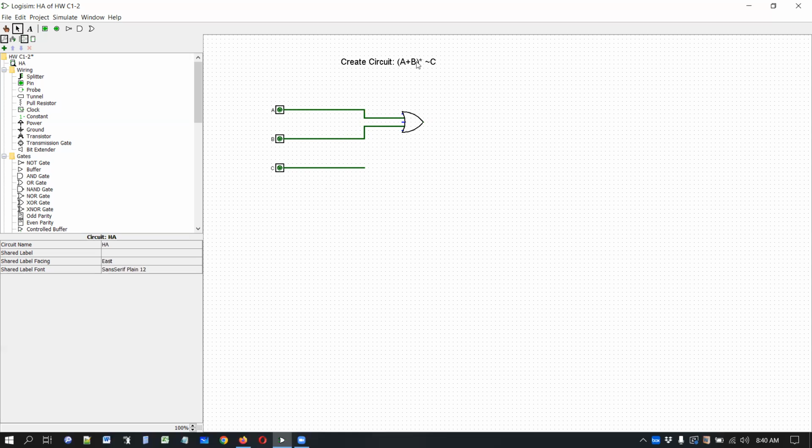And now the OR gate, once I OR A or B, it's going to get out. The input of this is going to have to be ANDed with NOT C. So here's my C, and I need to put a NOT gate, which is right here. So here is my NOT gate. There's only one input. You don't see any tick marks here because there's only one. And now from here, I drag the line